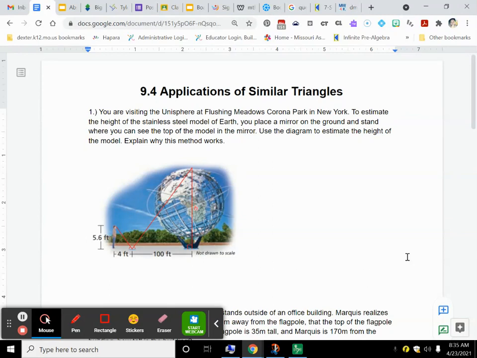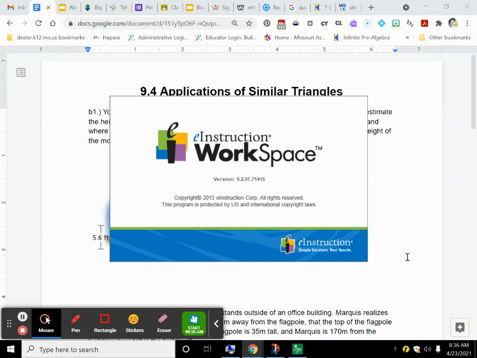To estimate the length of the stainless steel model of Earth, you place a mirror on the ground and stand where you can see the top of the model in the mirror. Use the diagram to estimate the height of the model. Explain why this method works. So if you look here,